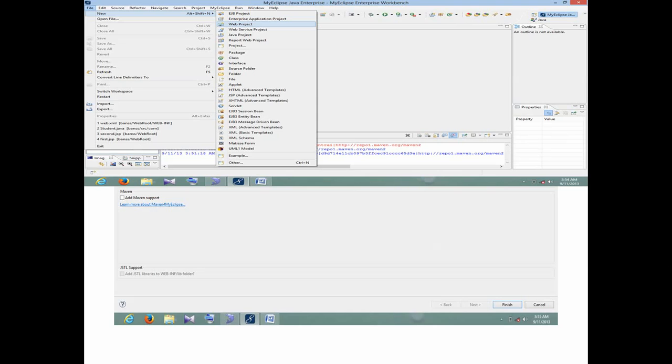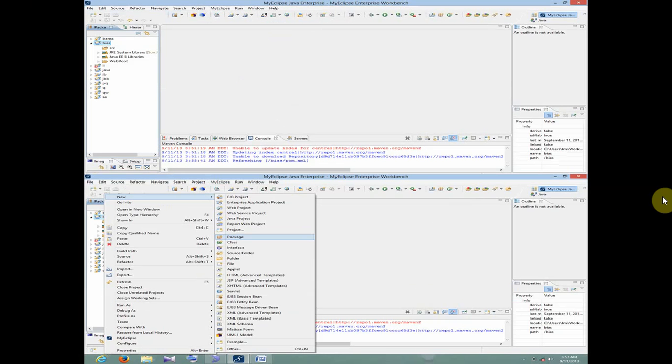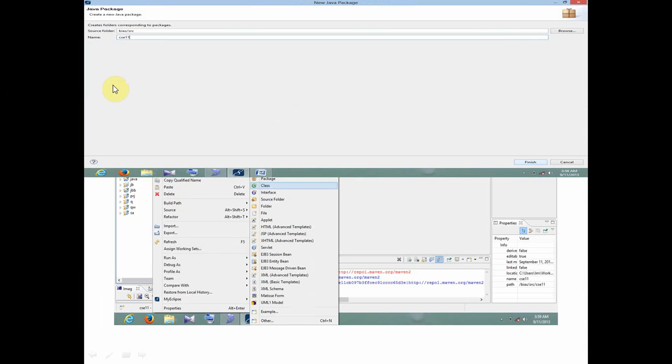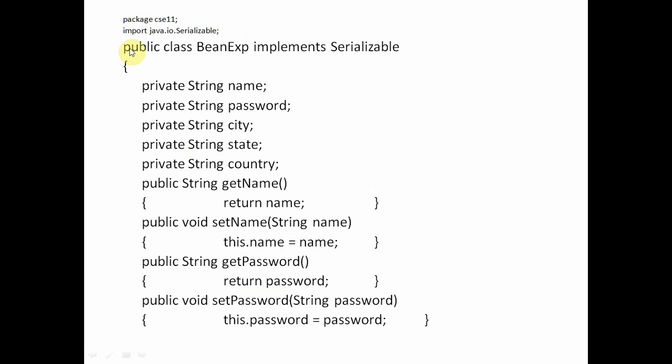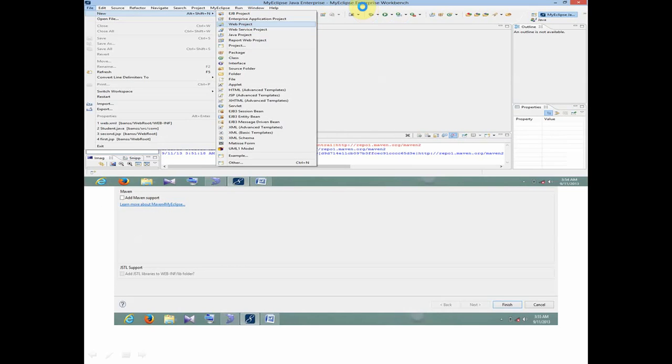So when we execute the program, we go to New. I am explaining it in my clips. Inside New we have to open a web project, then it will open the next window, where we have to select the package, and for the package we will write the name csc11, and then we will select the class. So you can see here in the Java Bean we have the package csc11, and the class name is bean example. The same thing is selected here.